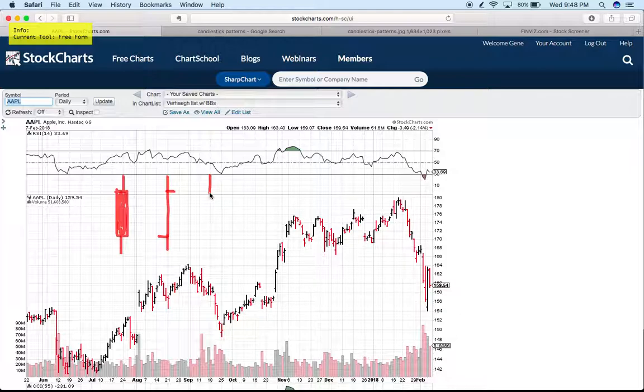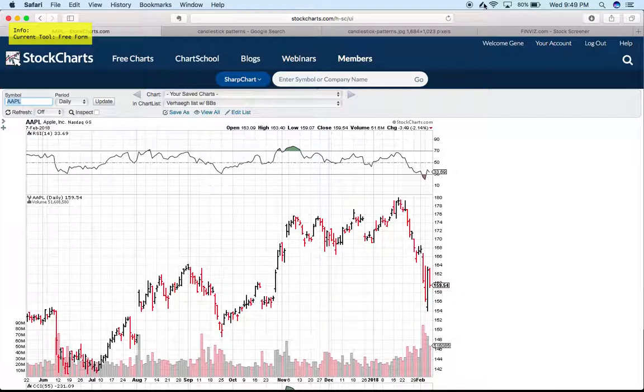A bearish bar chart would look something like this. Crooked line there, low of the day, high of the day, opens here, closes here. So you can see on this bar chart of Apple, a black bar is a bullish day and a red bar is a bearish day. So that's the difference in